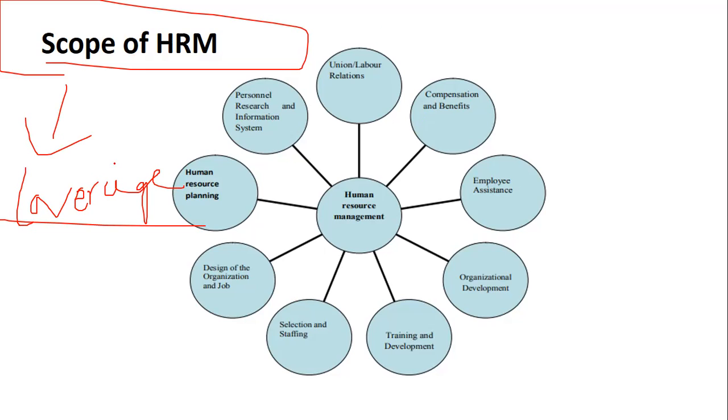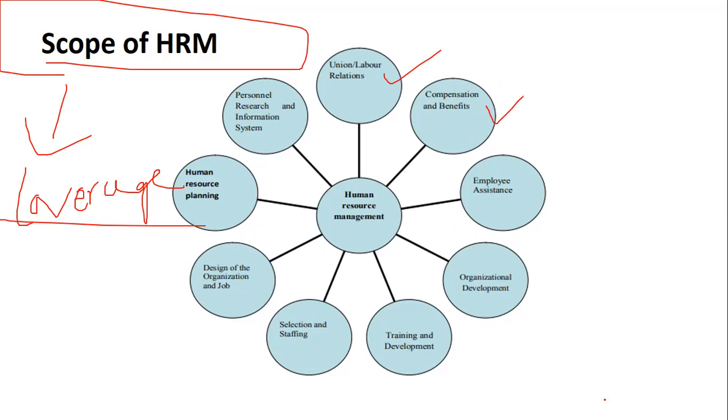So let's go one by one. Let's start with the areas. I'll take one point at a time. First, labor relations. Yes, HRM is responsible for maintaining labor relations in the organization, maintaining your employees and labor with respect to a smooth relationship. It also takes into consideration compensation and benefits. Whatever extra efforts or services your employees provide to the organization, for that they have to be compensated and benefited.